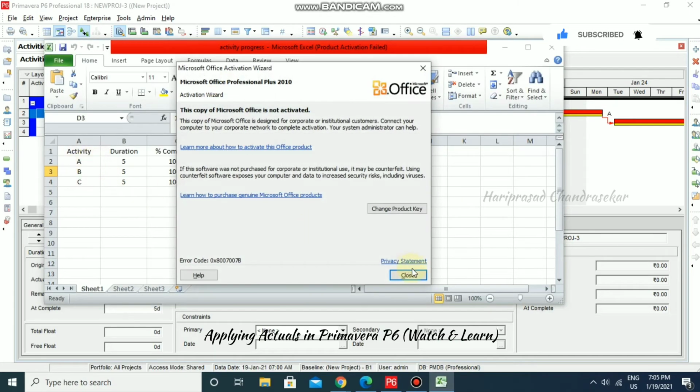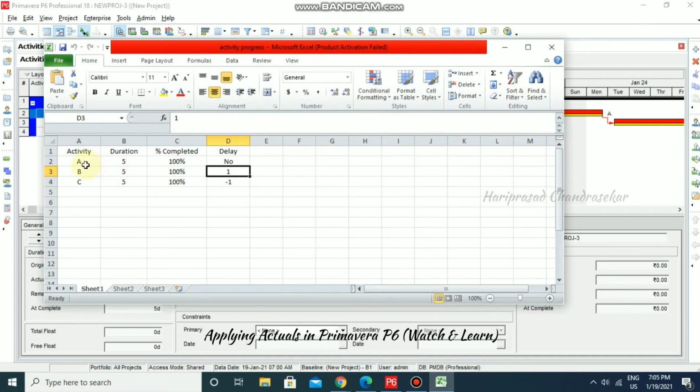So for this activity, I'm just putting this progress: all three activities have 100 percent completed, but the first activity has no delay, the second activity has 1 day delay, and the third activity is going to complete 1 day before. So this you should consider. Actually it depends on your project.